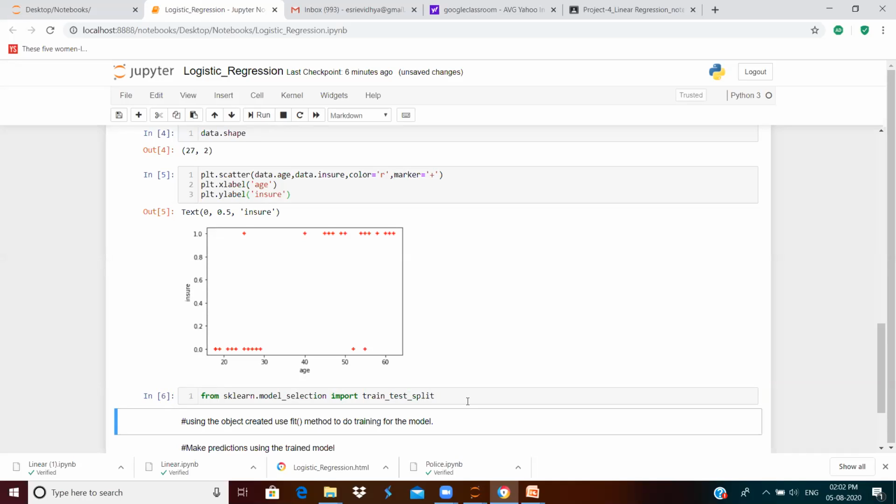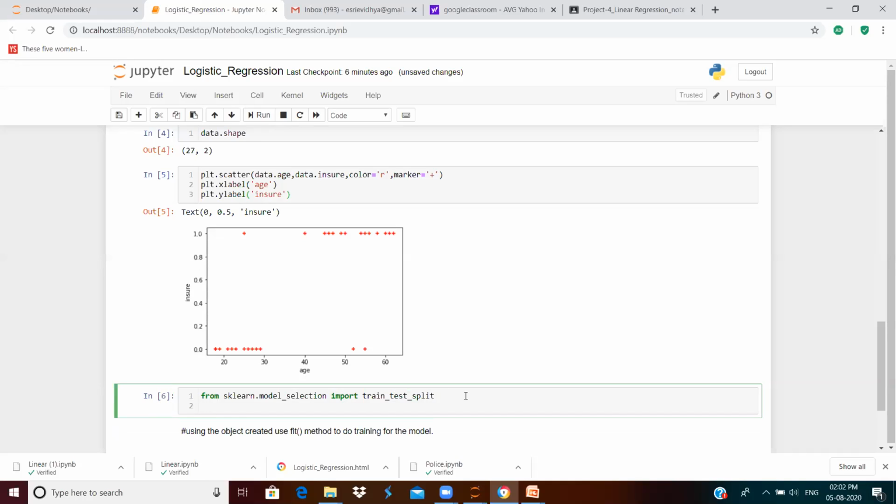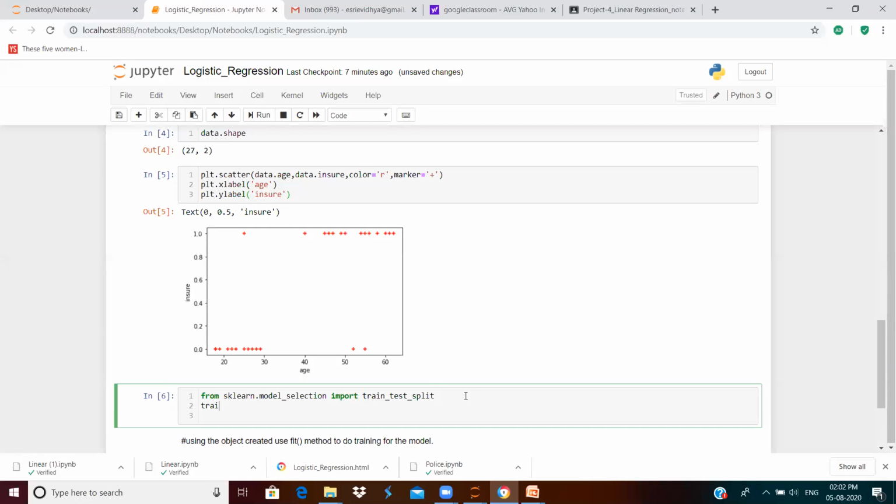Okay, it is executed. And now we are going to make use of this method. The train_test_split method is going to split a data set into two, that is, training data and test data. Let us call the method now.